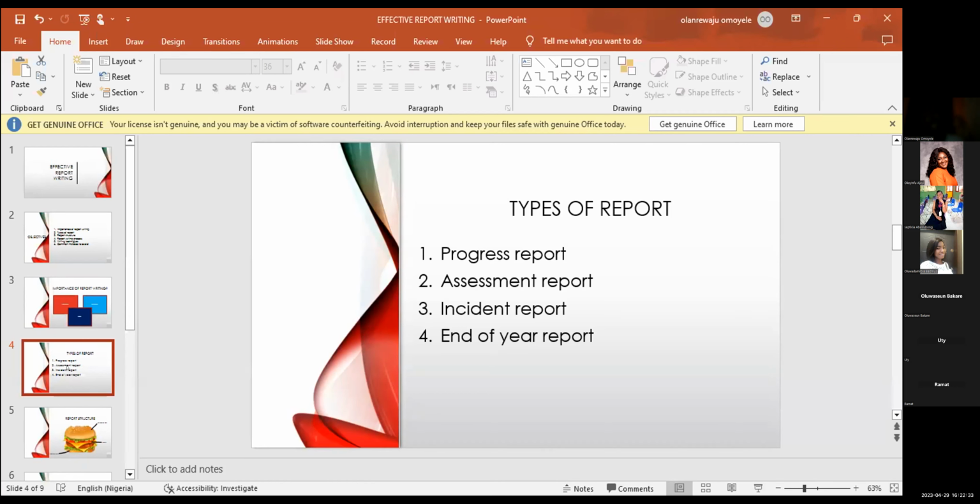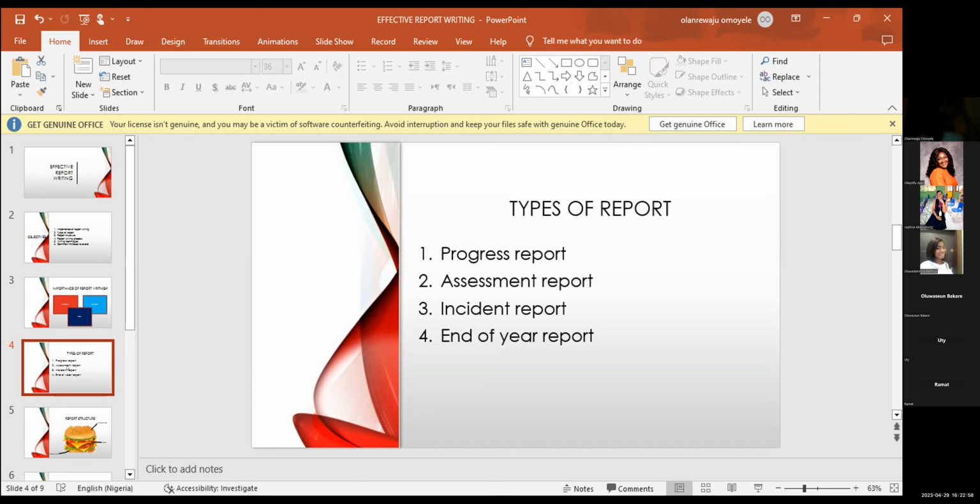Always say, oh, data is important. If you've not been writing this progress report, for example, you don't have data to fall back on. But if you've written this report, you can sit down and ask them and say, okay, I've written this report. We've noticed this child has either improved or is regressing. It helps you to plan and say, okay, what do we do?